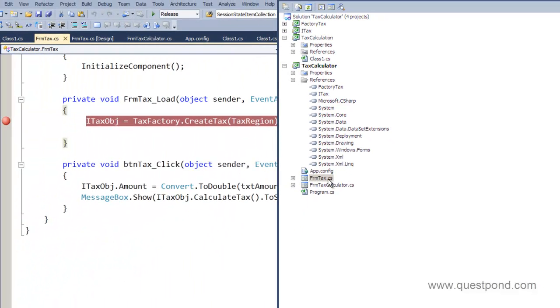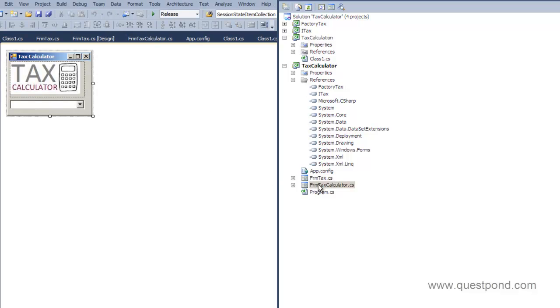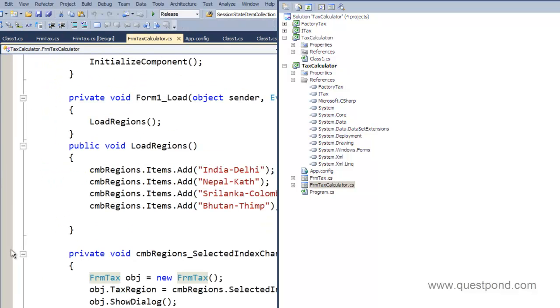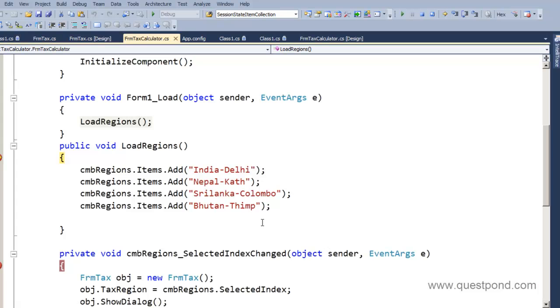So I put a debug point there. So let's see exactly how the whole thing works. So let me put some debug points at appropriate places, right? And let me run this application. So there it has hit the debug point. The first thing we would like to do is fill a combo box or a list box, from where the end user can select which region he is logging in from.